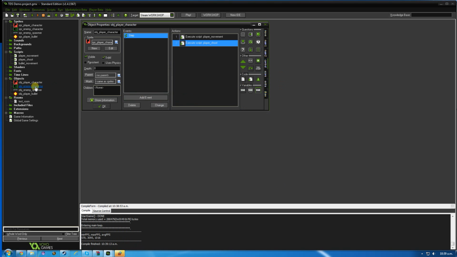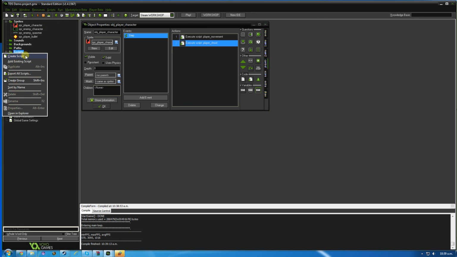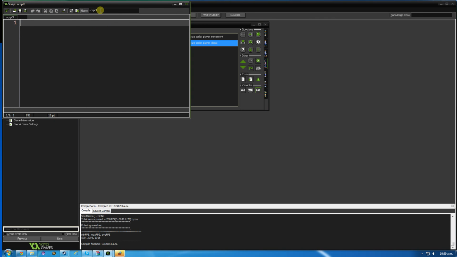Next thing is to have the enemy spawner and enemy character spawning and moving towards the player character. So let's do this one first. So enemy character, I'll create a script and I'll call it enemy AI,